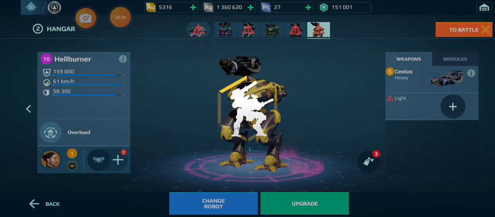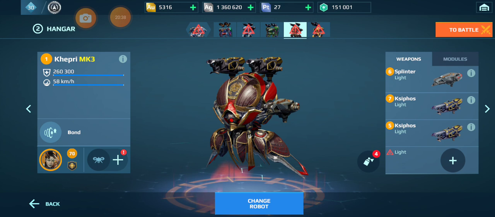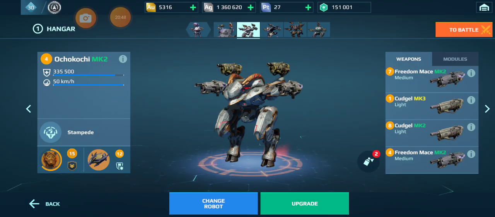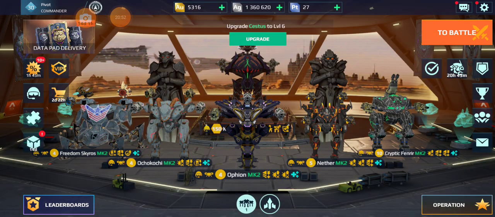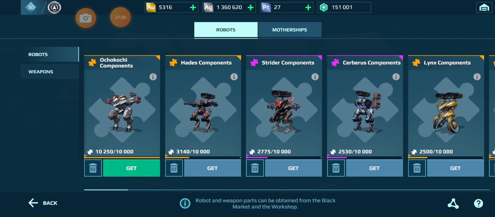So this one's a light? No. It is a light. It's a splinter, and I only have one of those. But for the Ichikuchi, I need 2 medium and 2 light. And I think I now have 1 and 1. So that is not an available option for me at this current. But once again, so far, I have won the Ichikuchi,